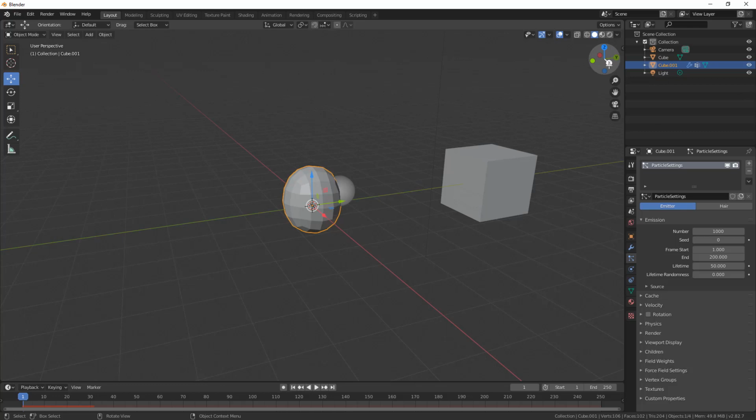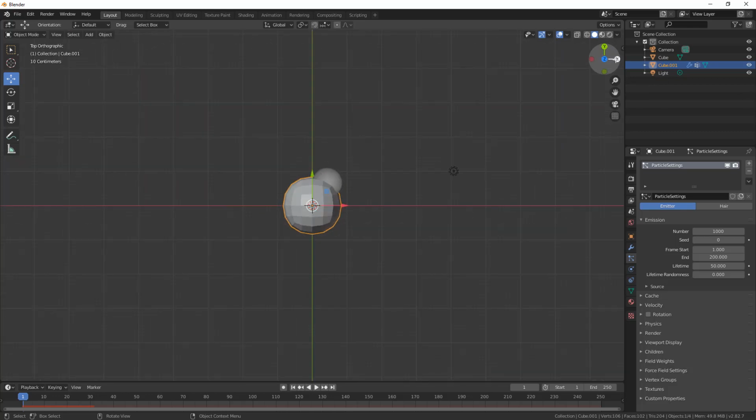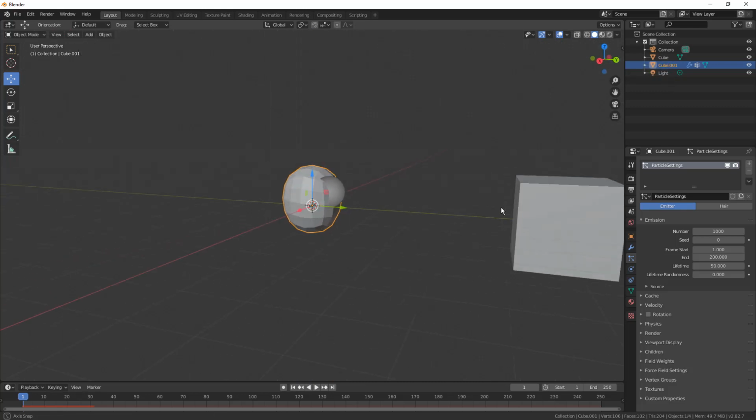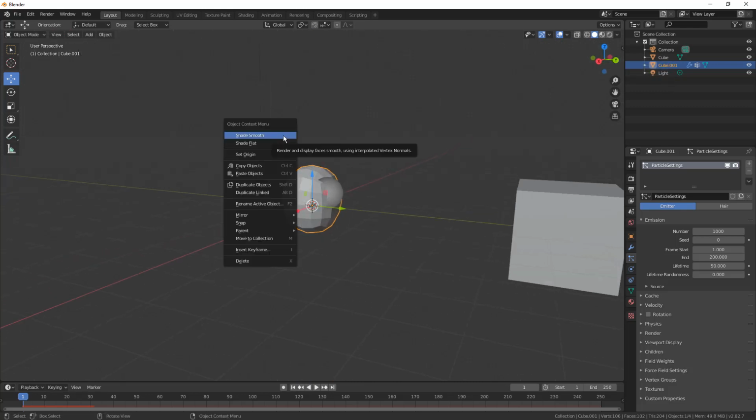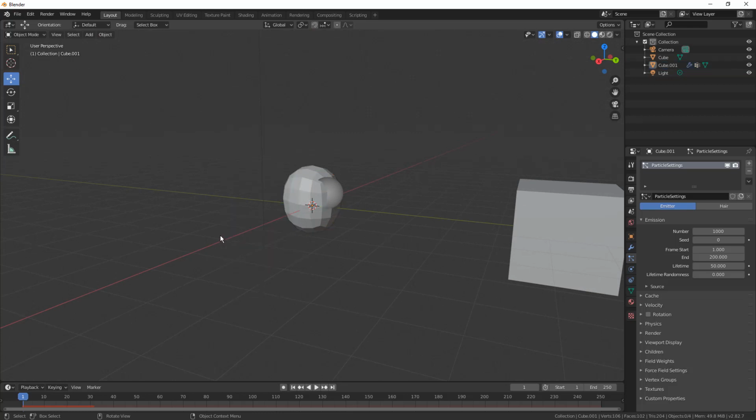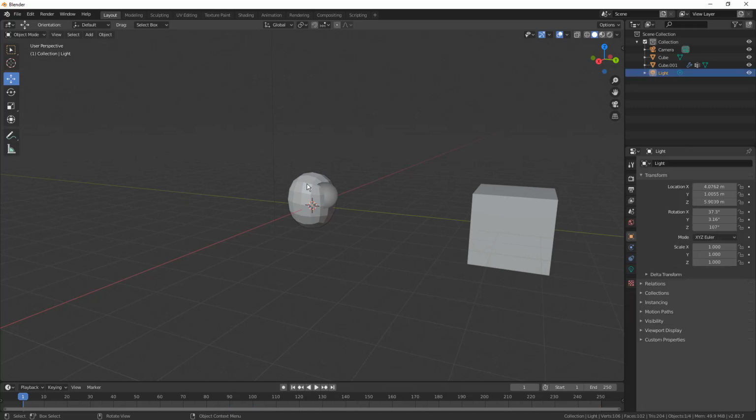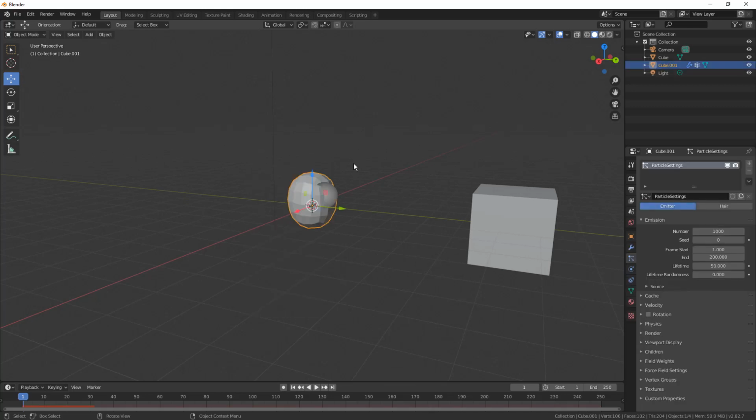Up in the right hand corner we have this XYZ, and this is a great, quick way for us to snap between different views. We can also right click, and when we're right clicking we have access to some of these other options. We can use Control A, which is apply, and we can do some other things like scale or transform or rotate. There are a lot of different ways in which we can access different things based on the selections inside of here. We'll get to more of those again as they become applicable,